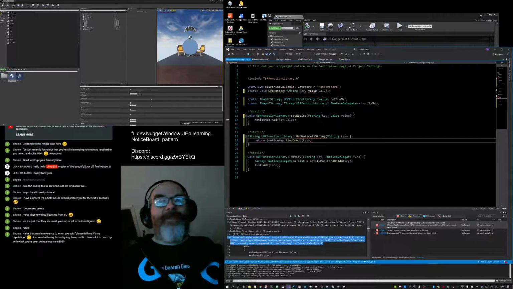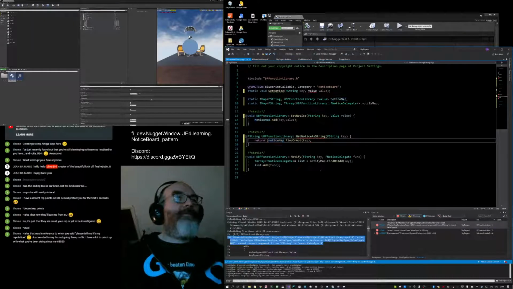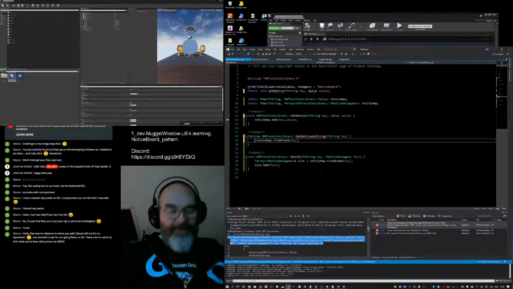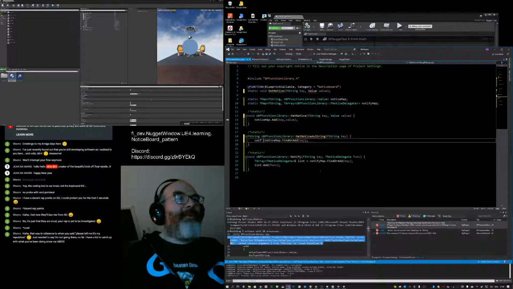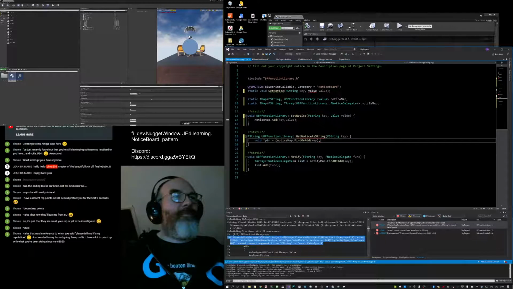I'm just thinking, can it be done? Take the void pointer. Well, yes, I'd need to first. Let's do it in steps, just for my sanity. Void star, string, let's call it a pointer. Let's get the pointer first of all.